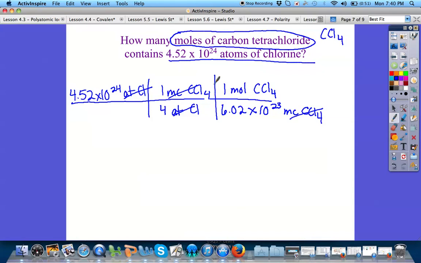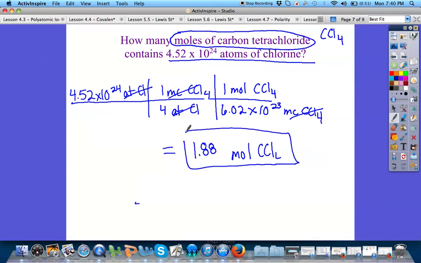So now molecules of carbon tetrachloride cancel out, and we're going to be left with moles of carbon tetrachloride. So 4.52 times 10 to the 24th times 1 divided by 4 times 6.02 times 10 to the 23rd, you should get 1.88 moles of carbon tetrachloride. So that's it, just a few example problems to help get you started on converting from